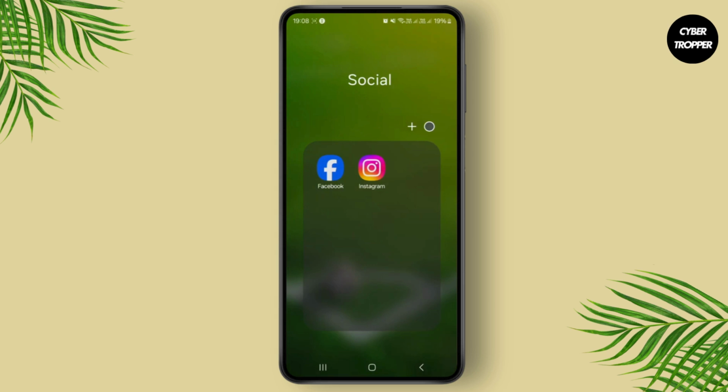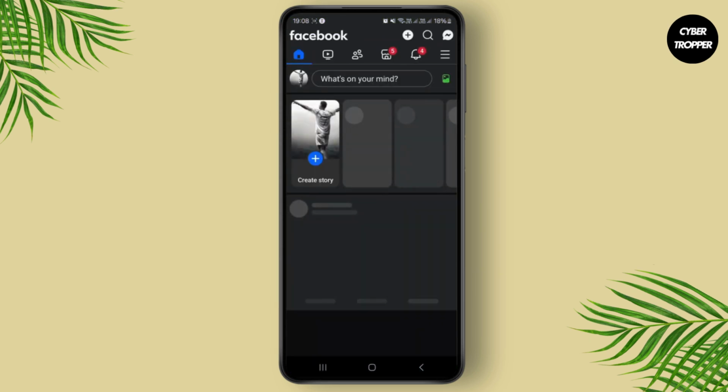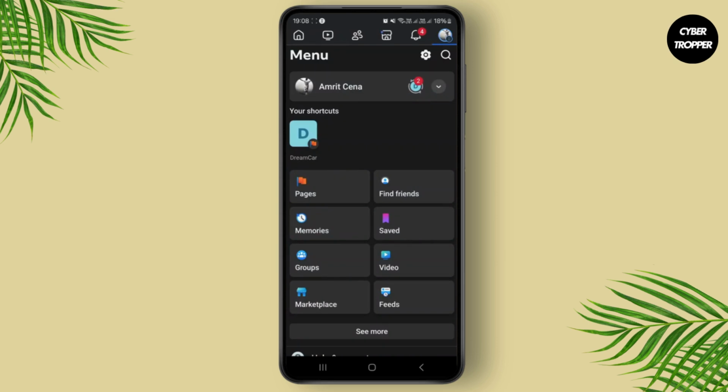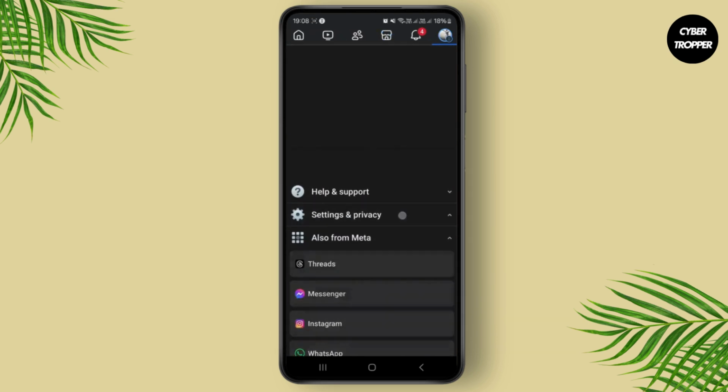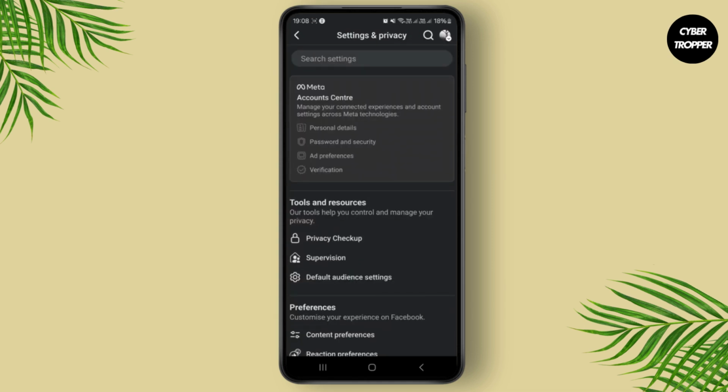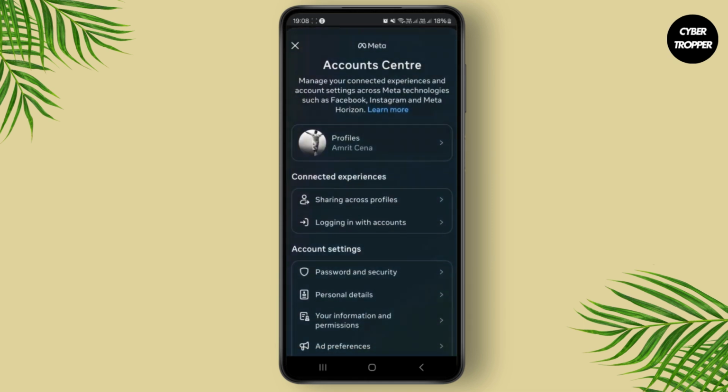In this video I'll be showing you how you can easily set only a single name on your Facebook account. So first thing, make sure you are logged in with your Facebook account, and inside your Facebook account simply head over to your profile section and scroll down until you find the settings, and just click on the settings option from over here. And then you have to click on the account center,